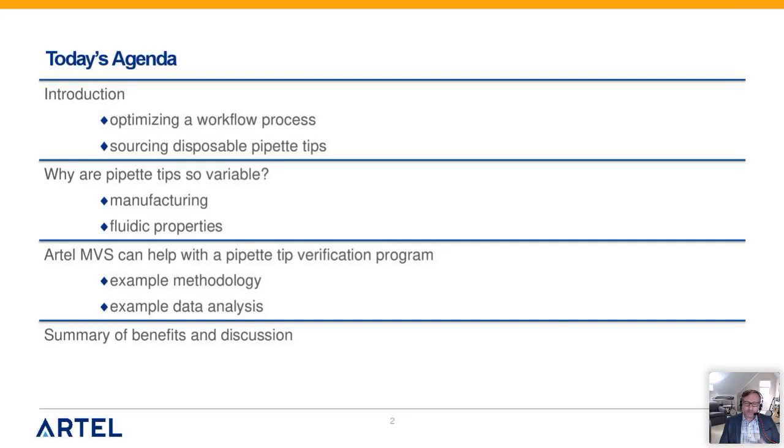optimizing a workflow process, with a quick introduction on that, and then we're going to talk a little bit about sourcing disposable pipette tips. As we all know, it's not unique to one company or one manufacturer. There is a shortage of tips out there in the world as the field starts to ramp up the manufacture of these. It'll be getting better, but we'll talk a little bit about some of the constraints there, and then probably spend a little bit of time on explaining why the pipette tips are so variable. We'll talk a little bit about the manufacturing process and then about the fluidic properties, and then I'd like to